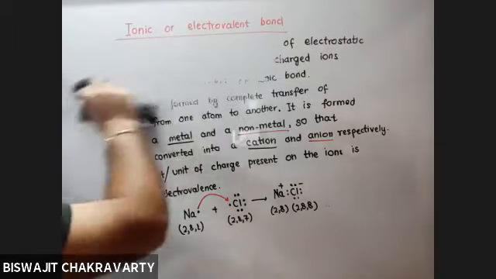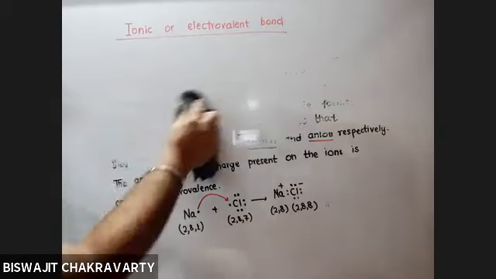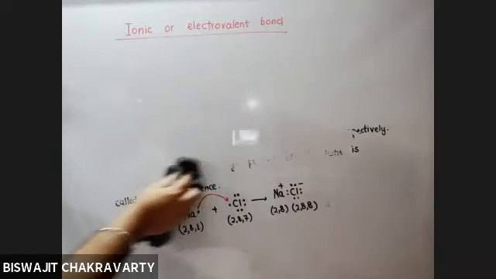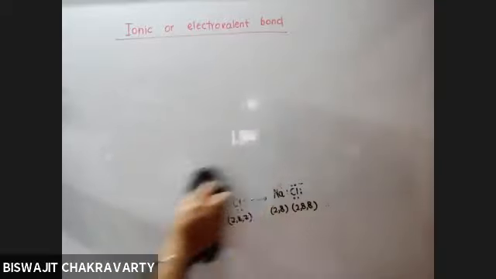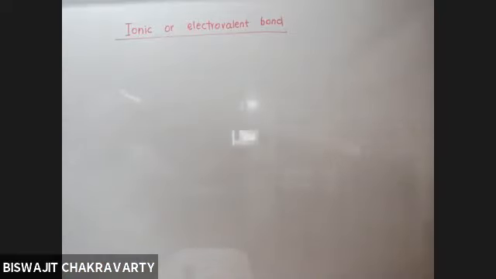Okay. Now the question arises: what is the reason that in order to form an ionic bond, one of the elements must be a metal and the other must be a non-metal? Why can it not be formed between two metals or two non-metals? That is another important question that is asked. So in order to understand it, we shall discuss the next important topic under ionic bond only, and that you must understand completely.